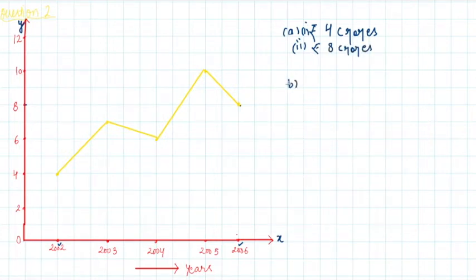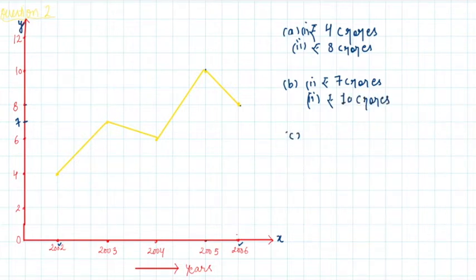Now B part of the question is what were the sales in 2003, and second is 2005. So 2003, if you see, what is the middle value here between 6 and 8? It is 7, right? So rupees 7 crores. Then in 2005, again you see 2005 is here, corresponding to this is this much, which is exactly 10 crores. So we write rupees 10 crores.